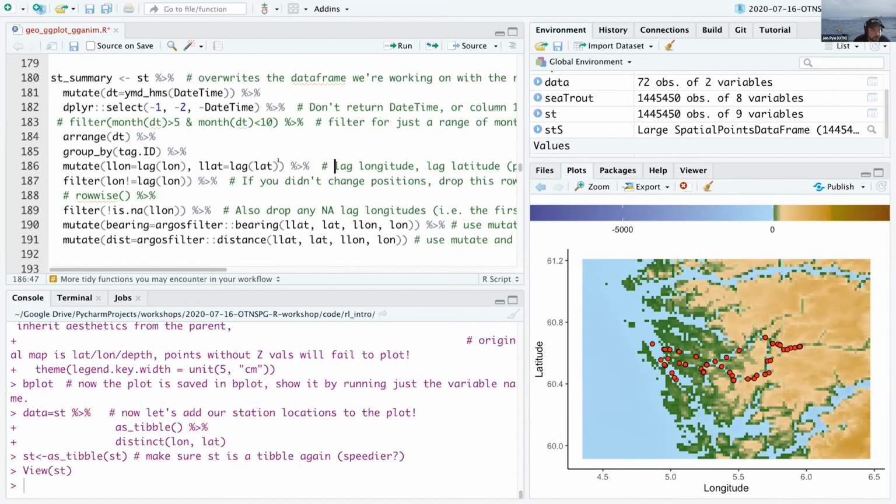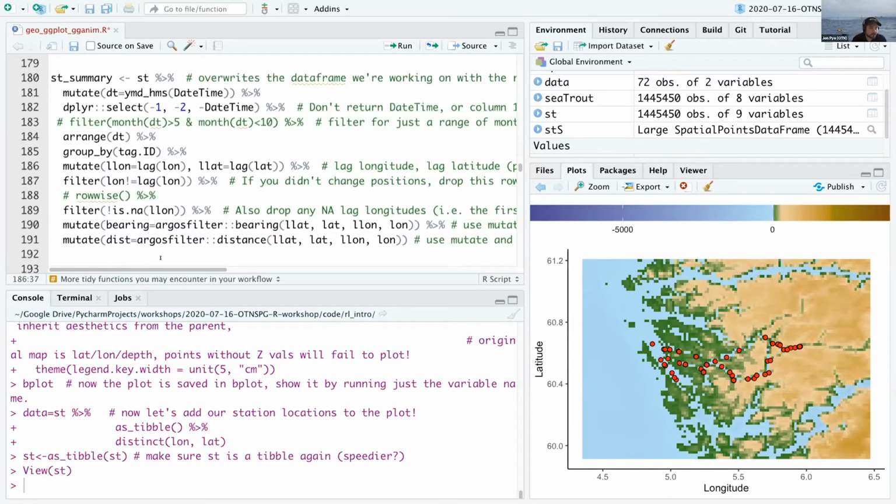And then, so I'm going to add a couple columns with mutate. So we've got our data set minus the old date time, minus the old X index. And I'm going to ask it for 2 new columns. It's going to be lag longitude and lag latitude. And that's going to be, when you use this lag lon and the lag lat, it gives you the previous row in the data frame, that variable in the previous row. So that's basically the previous detection of this animal is going to be in lag lon and lag lat,